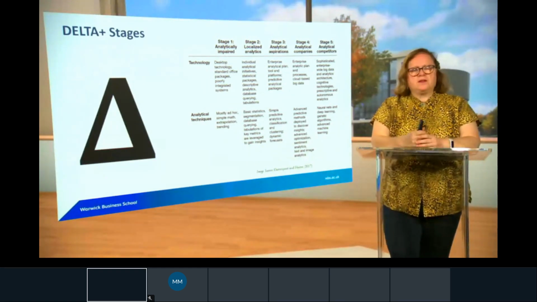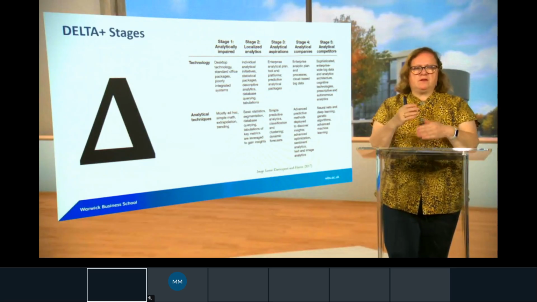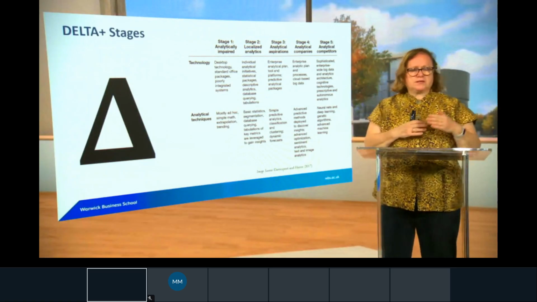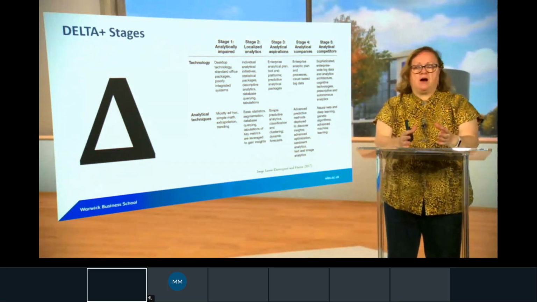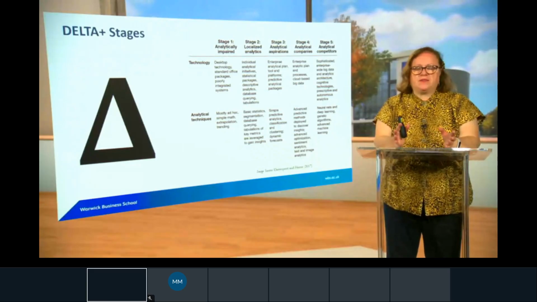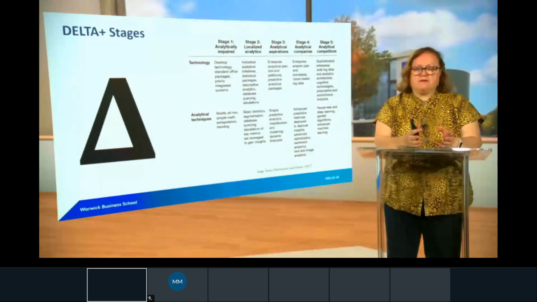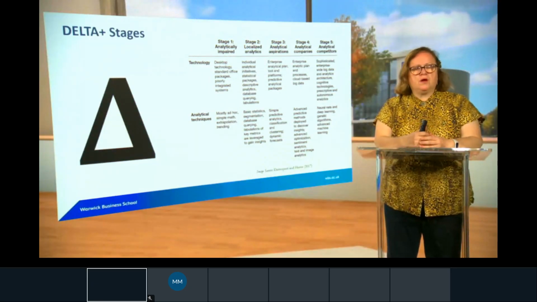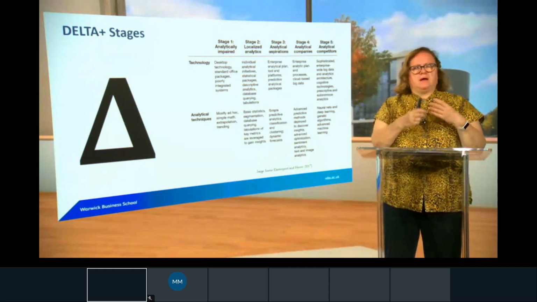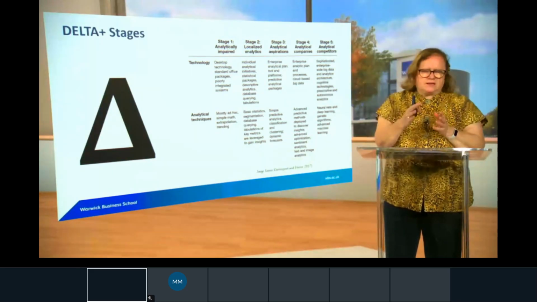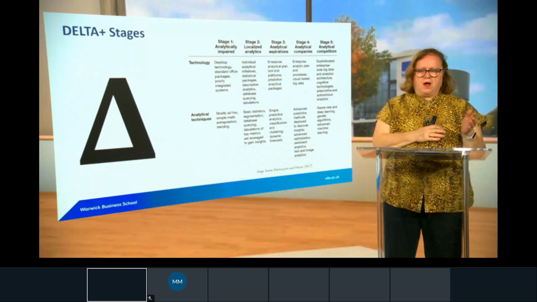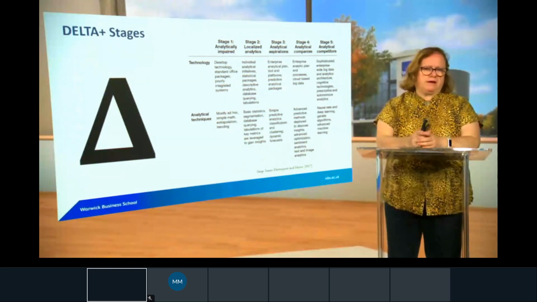So within the workshops, one of the things that we'll do is to say, okay, given that you've scored each of the 7 attributes, can you prioritize them for improvement? Which of those attributes, is it data? Are you weakest in your data area? Is it that which needs to be improved the most? Or is it that your analysts, you haven't actually got very many skilled analysts, and you need to grow the number of analysts you have or improve their capabilities? So we'll get you to think about prioritizing the Delta Plus categories in order to start a conversation about how we can grow and improve our analytics capability.